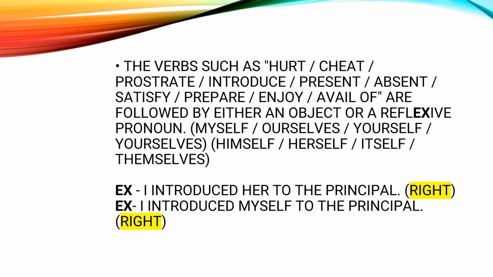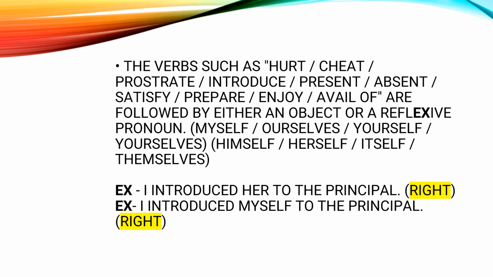Next, we have verbs such as hurt, cheat, prostrate, introduce, present, absent, satisfy, prepare, enjoy, avail of. They are followed by either an object or a reflexive pronoun like myself, ourself, yourself, yourselves, himself, herself,